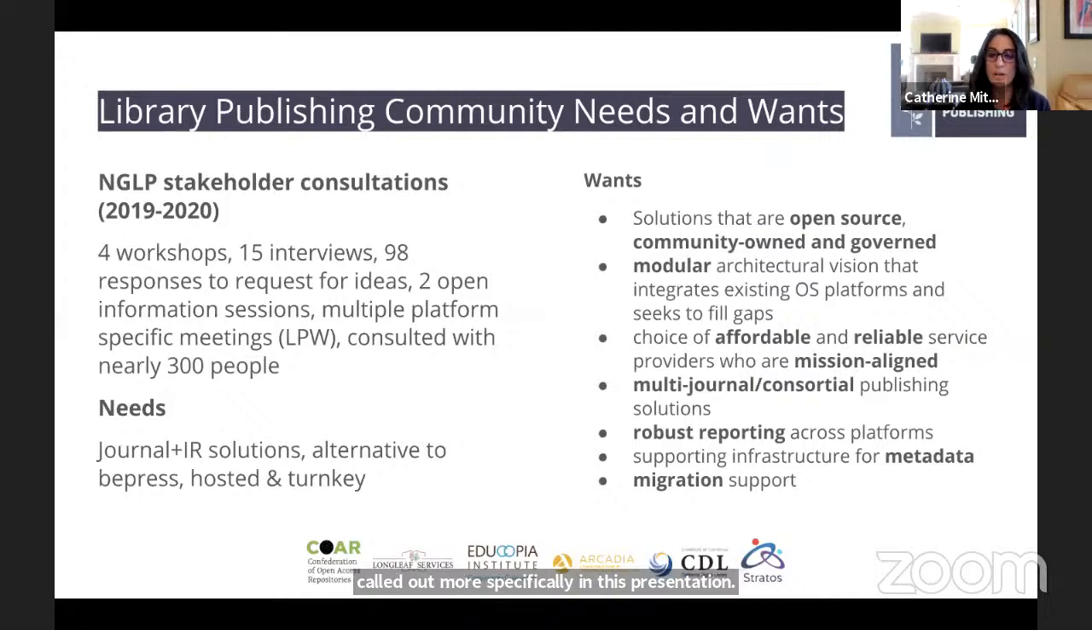So we began this project with a fact-finding mission to understand how library publishers work and how their current publishing tools and platforms might serve them better. In 2019 to 2020, it was about maybe 18 months of work. We had consultations with nearly 300 stakeholders in some form or another discussing these issues. What we learned is that the library publishing community needs turnkey,